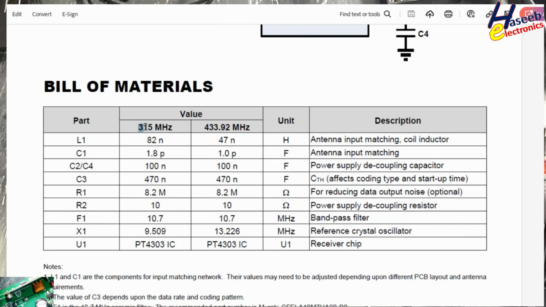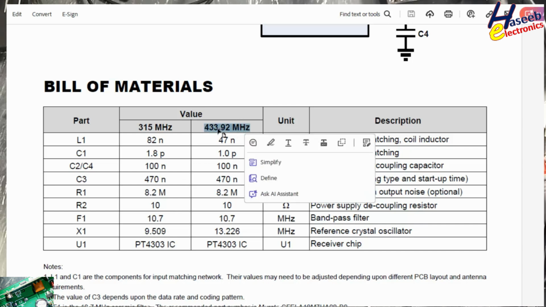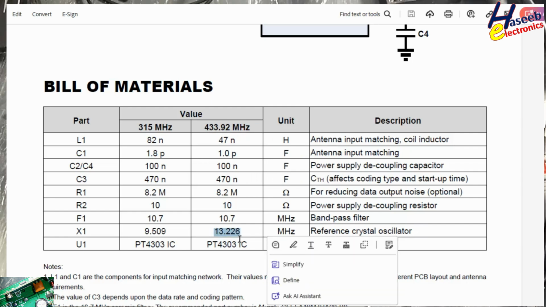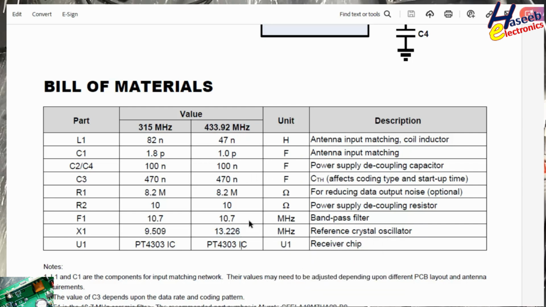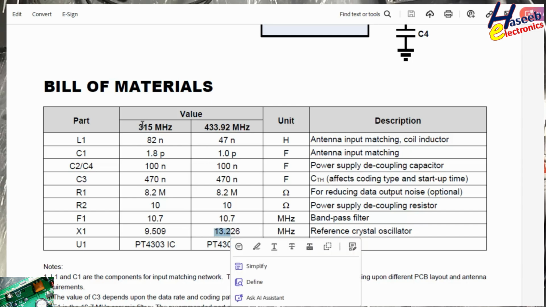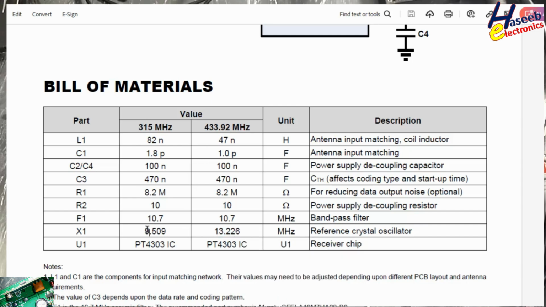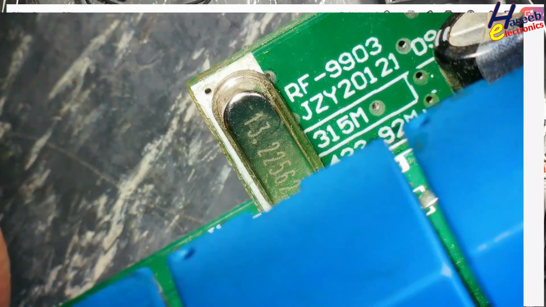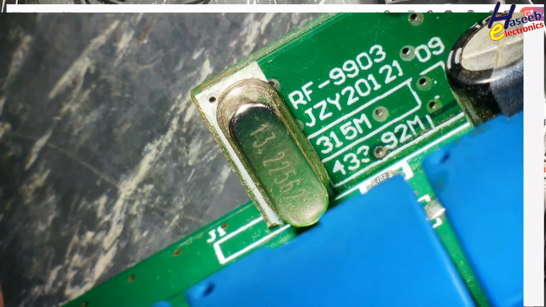If it is designed at 315 MHz, these component values will be used. If it is designed for 433 MHz operation, these components will be used. X1 for 433 MHz uses a reference of 13 MHz, for 315 it is 9.5 MHz. In our case, it is 13.22 MHz.